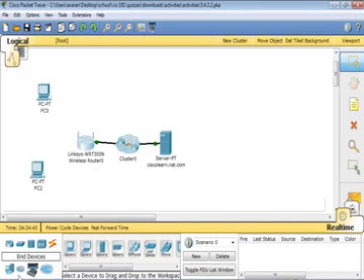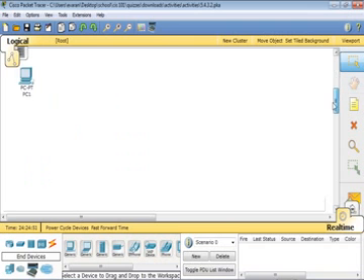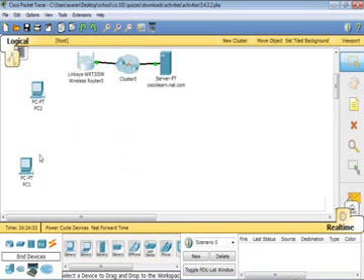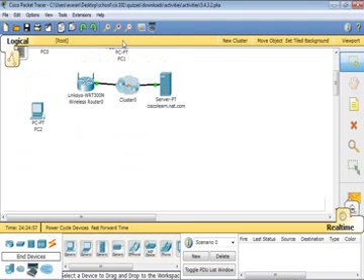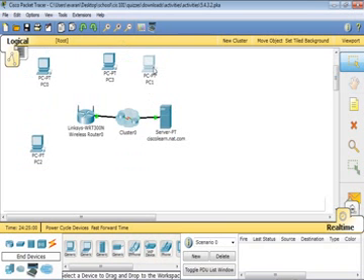And if you notice, my numbers were wonky. That's because one just went way down there. There we go. So we are going to use straight through cable,